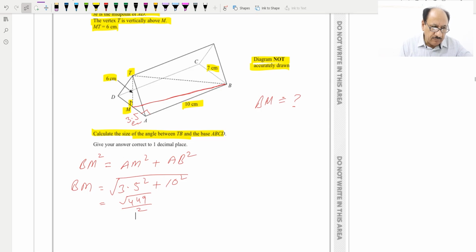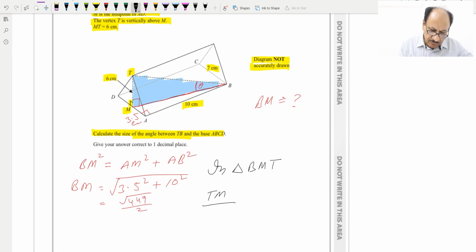After finding BM, basically this is a right angle triangle. Now which triangle are we considering? We are considering now this triangle, which is also a right angle triangle, and we need to find theta. I will indicate theta. This is theta which we need to find. So we have opposite, we have adjacent, so we can consider in triangle BMT, BM, basically